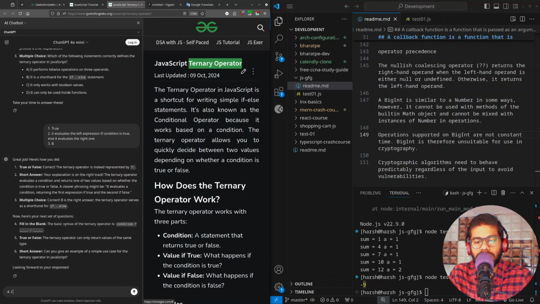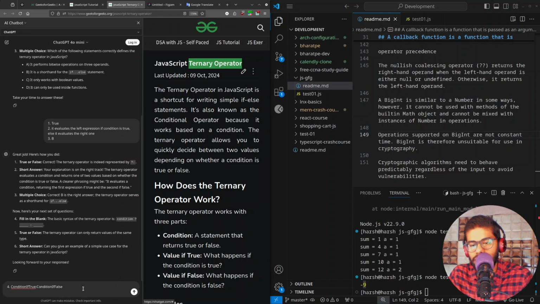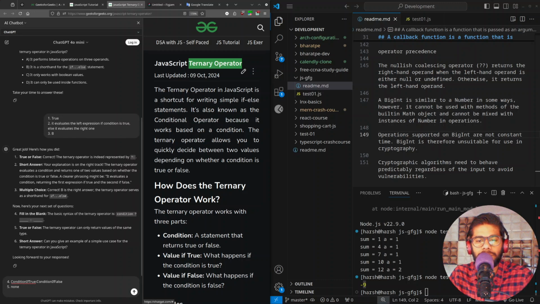The answer for the fourth: condition if true, condition if false. A ternary can only return values of the same type. No, I haven't heard about that. And for this sixth, can you give an example of a simple use case for the ternary operator in JavaScript